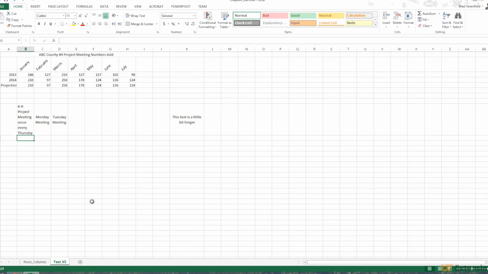But let's say that we're typing some text and we know that it's going to be some text that we're going to ultimately have to end up wrapping. So we know that if I typed any more after right here, then we would have to force it to wrap or it wouldn't all fit. So what you can do is there's a keyboard shortcut that we can manually wrap text wherever we want it to. So if I click on the Alt button on your keyboard, so Alt and then Enter at the same time, so Alt Enter,